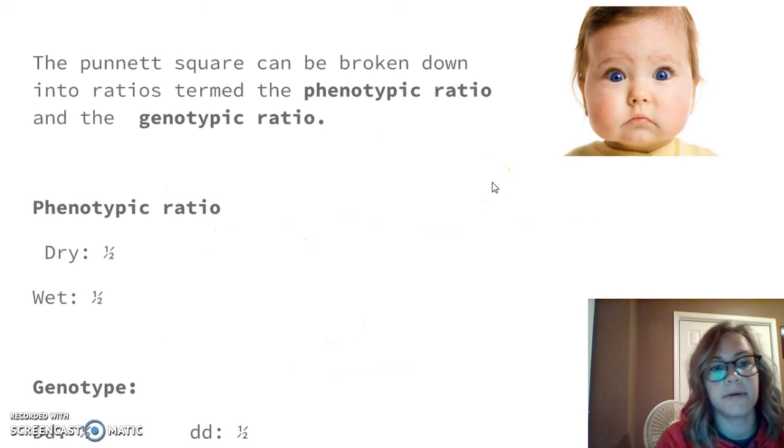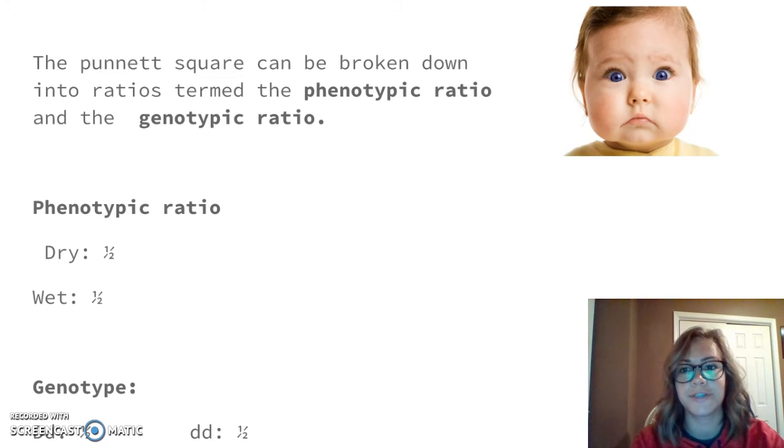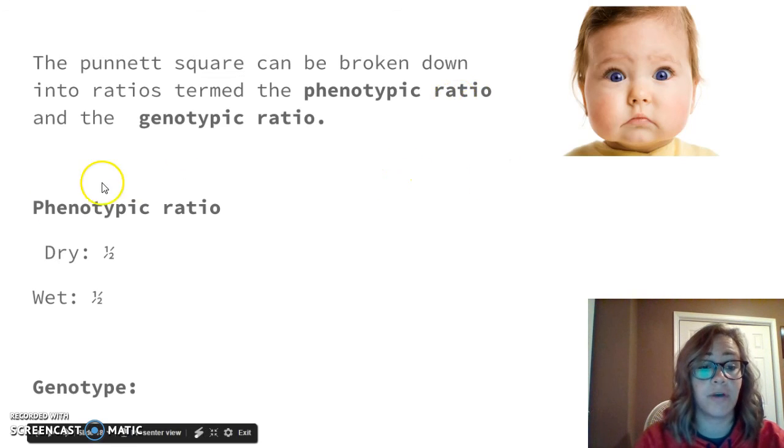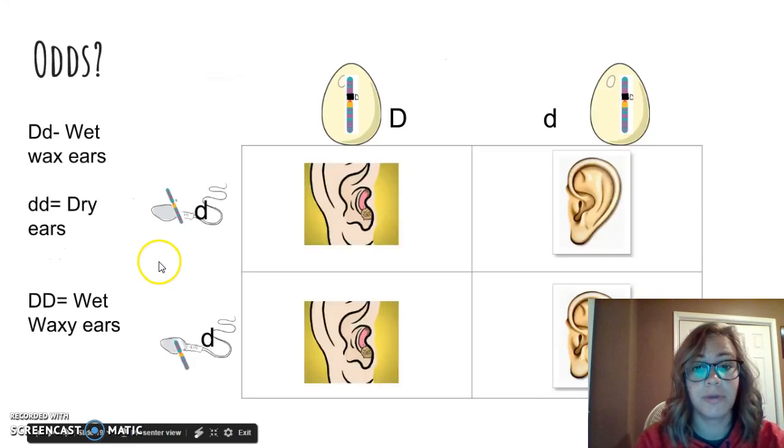So we can break this down into ratios to tell us the chances. Our phenotypic ratio would look like this because look, we would have